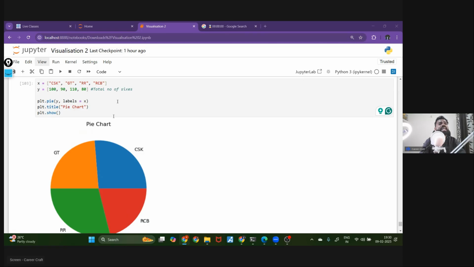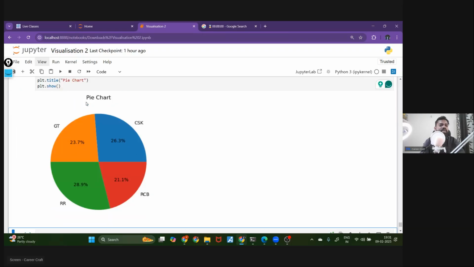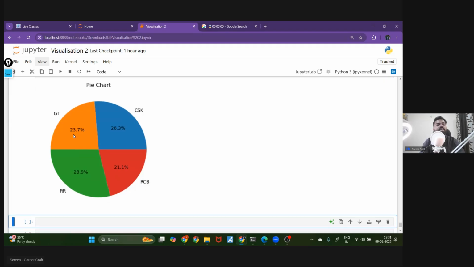There is a parameter called autopct. So you will just write autopct equals, and here you will write in this format. What is the format? 1.1, then f, a float value, till one decimal place. Simple. And now if you execute this, you will get